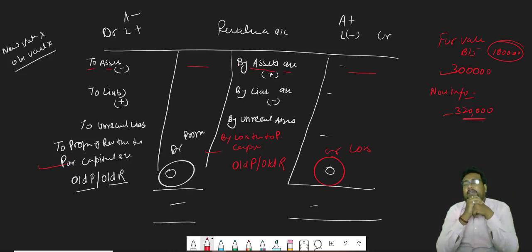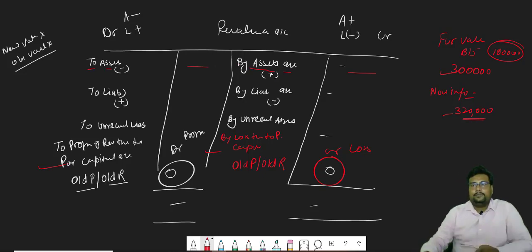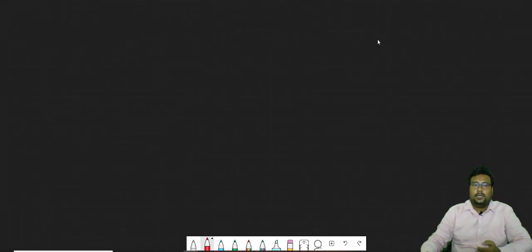And when we have a profit effect in revaluation, that will be recorded on the credit side. How can we say? Simple. When our assets increase, we have a profit effect, and when our liability decreases, we have to pay less. Then also it is a profit effect and recorded on the credit side. Getting my point? So on the basis of that, let's see how the journal entries will be framed for the revaluation account.